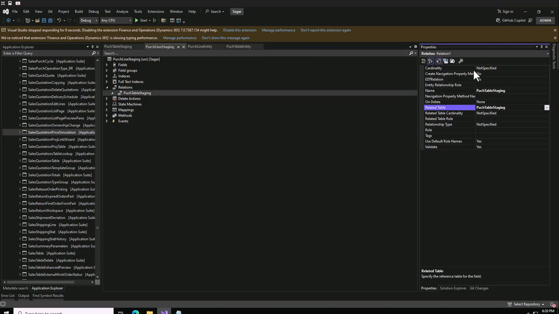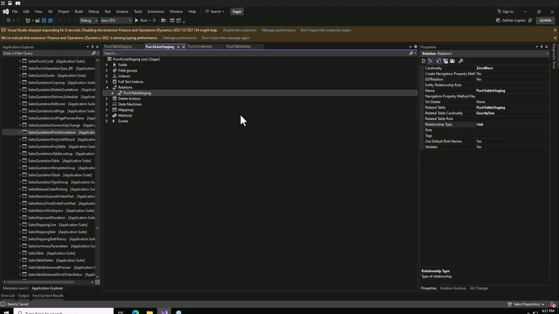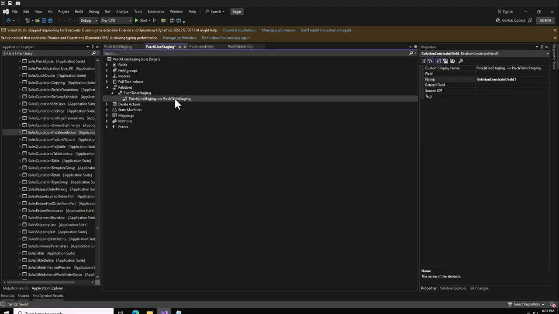Let me save this. Now we need to define cardinality, so it will be 0 more, and in related it would be exactly 1, and here I will define the relationship as link. Let me save this, and then I will click on new. We'll go to this one. Now here you need to define the relation. So in the related field,